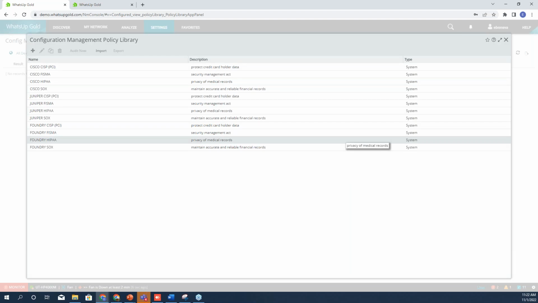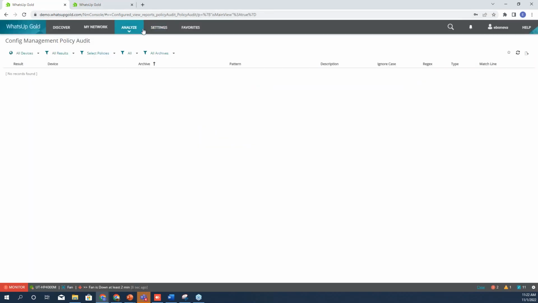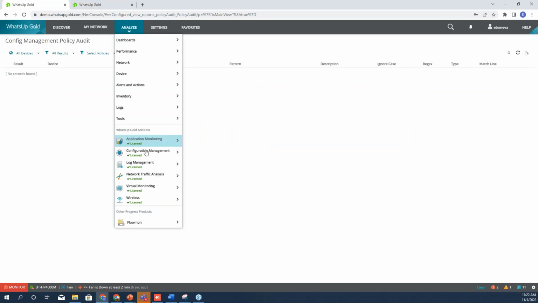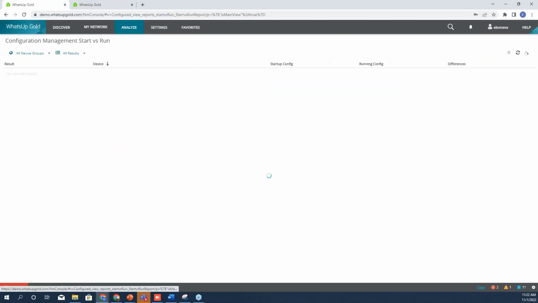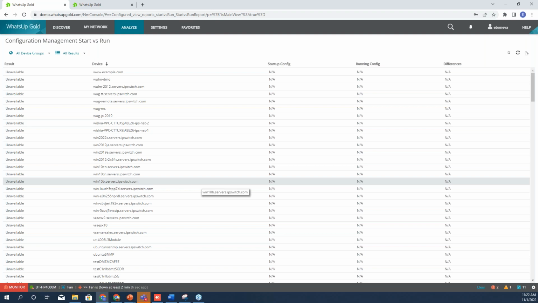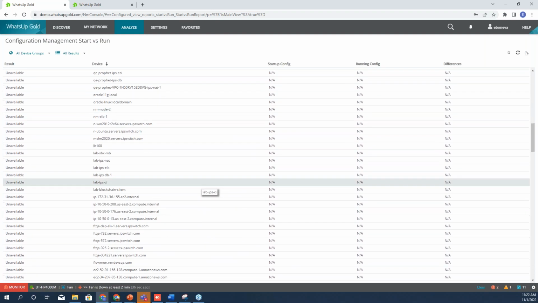We have the major ones here ready and we are updating this library, so WhatsUp Gold will come with this ready to use, not only to manage the configurations but also to be able to audit and secure in terms of configuration, not only secure in terms of passwords, users, and